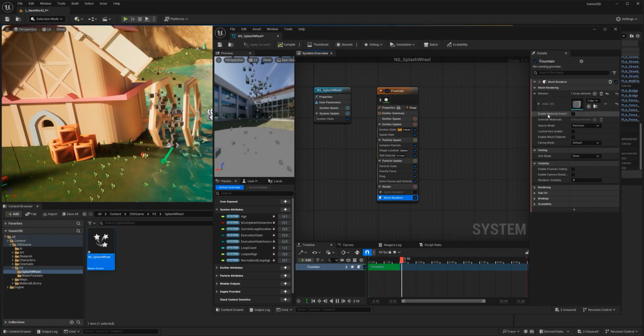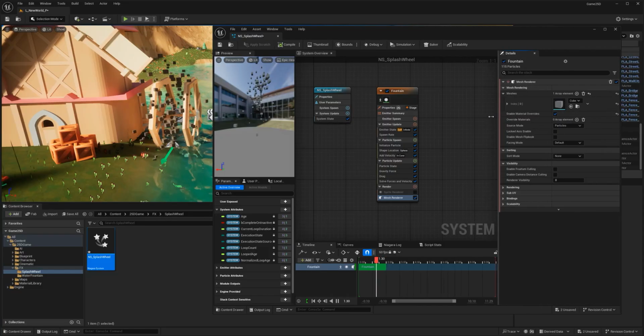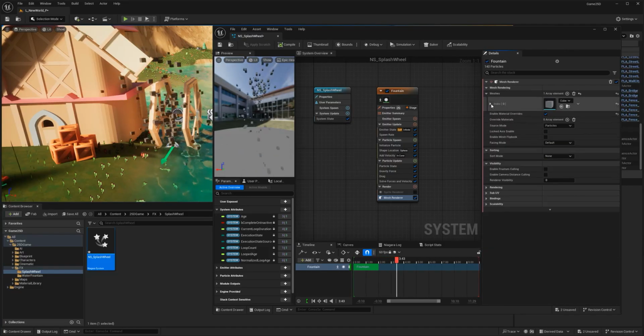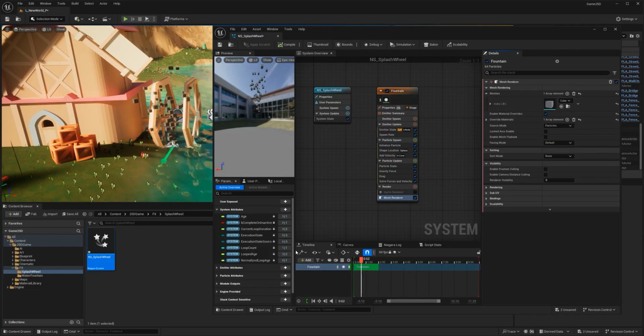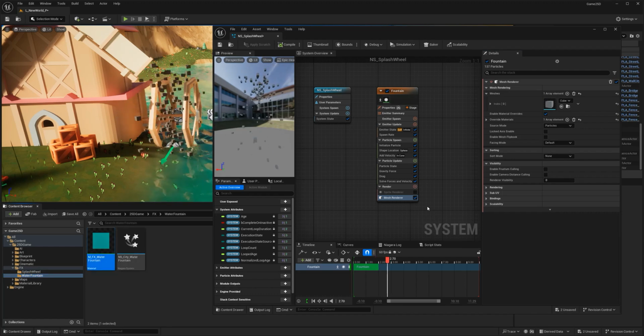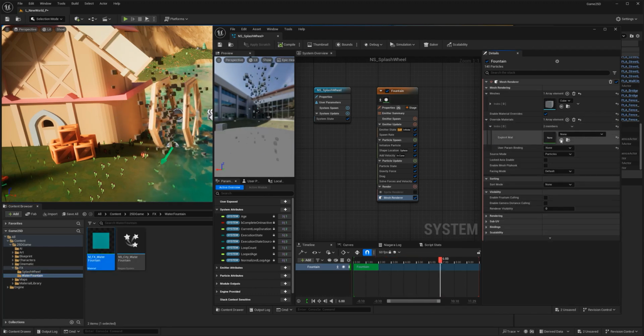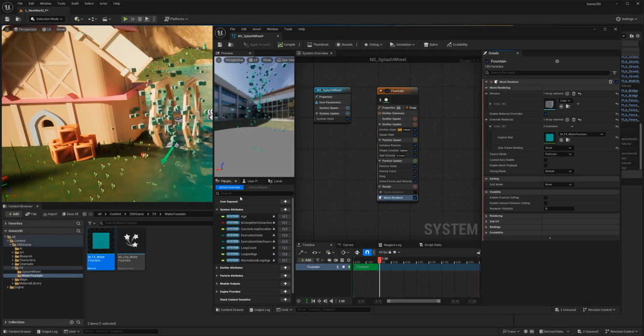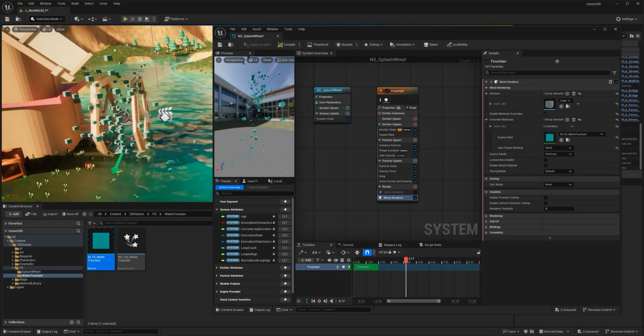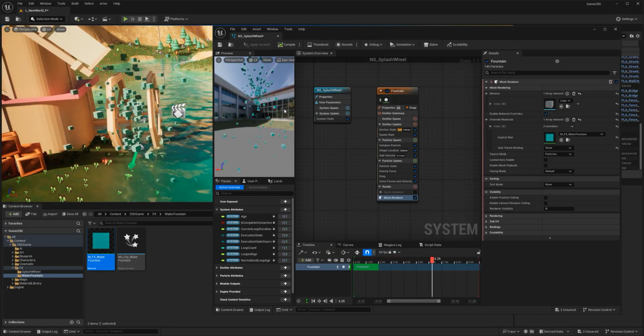But in my mesh render, I want to go to material overrides here and make sure that I apply the material that I have created before. And I can go over it after we set up this particle effect and all the things that I did, but it's just a very basic material with blue color. It has some Fresnel, so the edge is a little bit white.